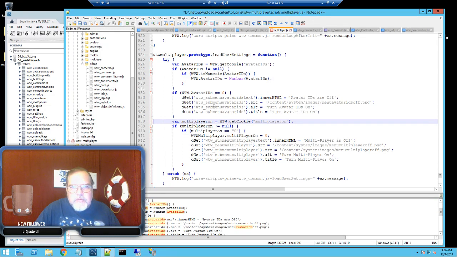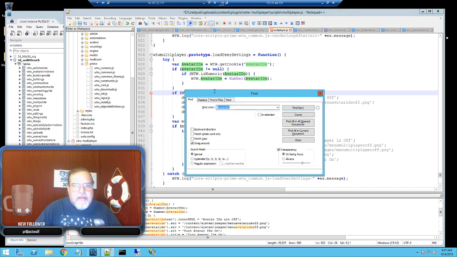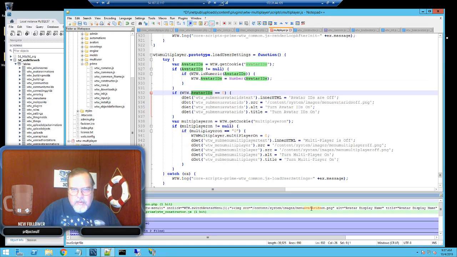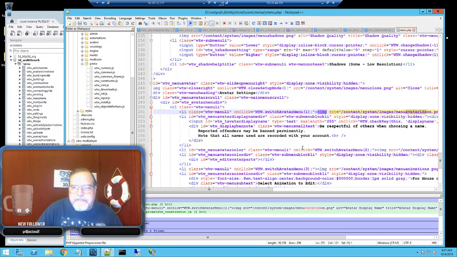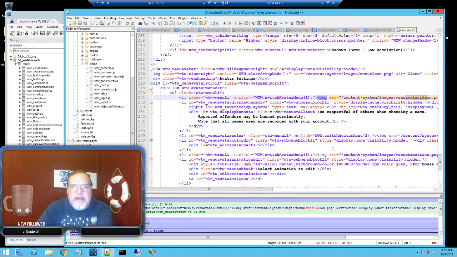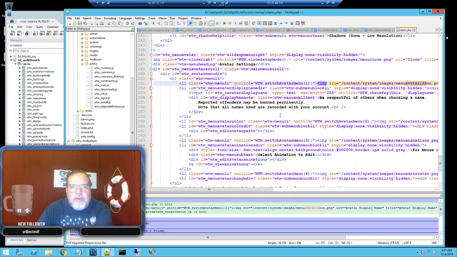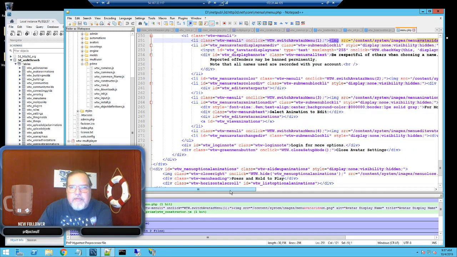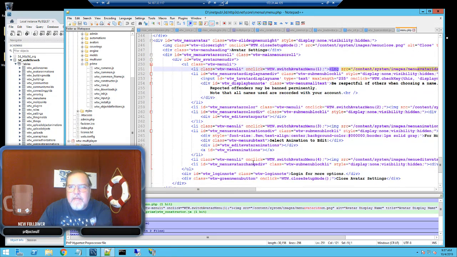Let's find in files. Did that get all of them? No, this right here. Avatar IDs on, avatar settings in the menu. This is a menu block for... I moved that. Oh, no worries. Yeah. Okay, so basically,